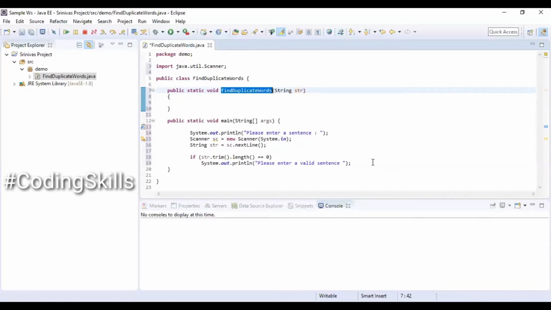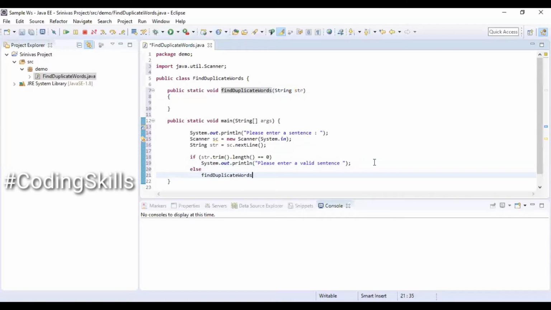Once the method signature is defined, I am invoking that method in the else condition by passing the inputted variable.